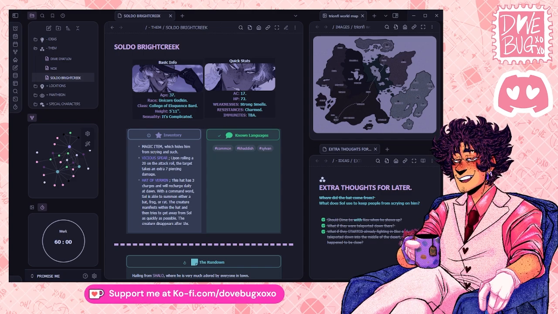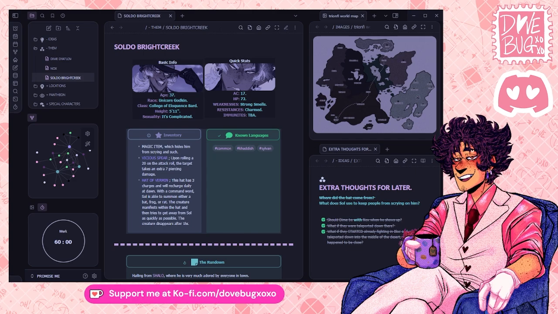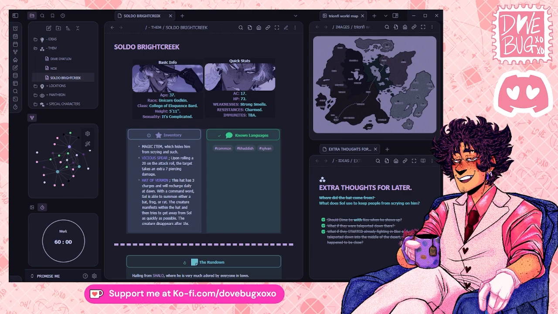I am going to give you guys a list in the description of the plugins that I use to make my Obsidian look like this. I can tell you right now, some of it is because I use the Shiba Inu theme. That theme has been abandoned straight up. Some of it does not work. You kind of have to work around it. You have to figure out what to fight with. I did my best.